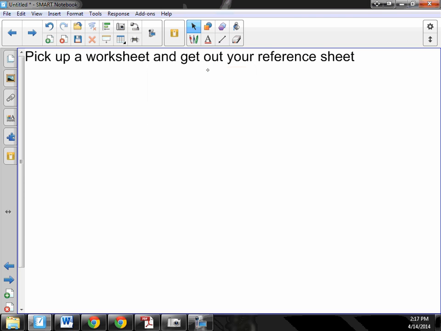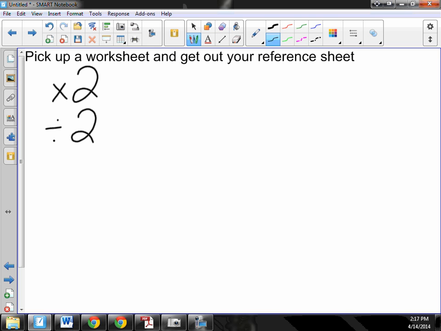If you were gone on Friday, we did a worksheet where you had to create numbers, and you were given a list of numbers, like 4 or 5 numbers, and then you were given 4 rules. The rules were, you could multiply by 2, you could divide by 2, you could add any number that you already have to any other number you already have, and you could subtract any 2 numbers that you already have. So we're going to use this idea to find the sine, cosine, and tangent of angles that don't appear